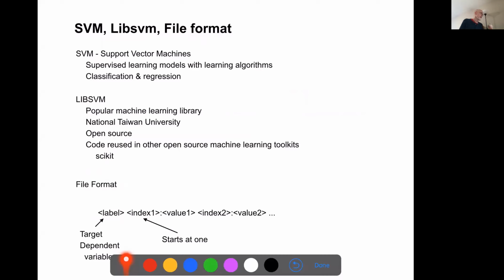Basically, the full format is we've got our dependent variable, and then we have all our independent variables with a label and then a value separated by this colon. And we continue on.